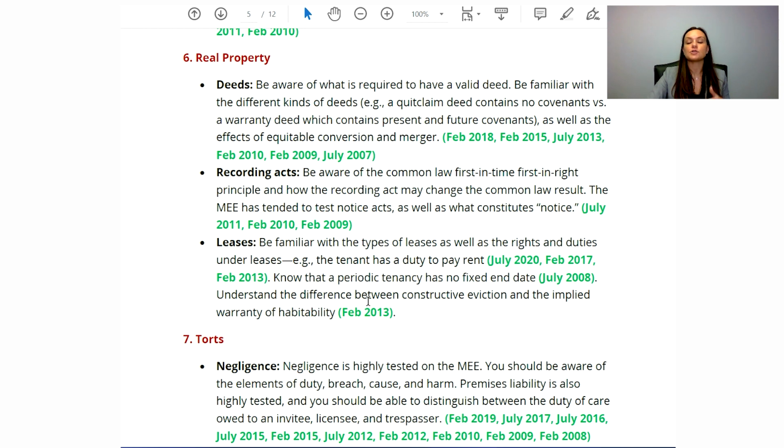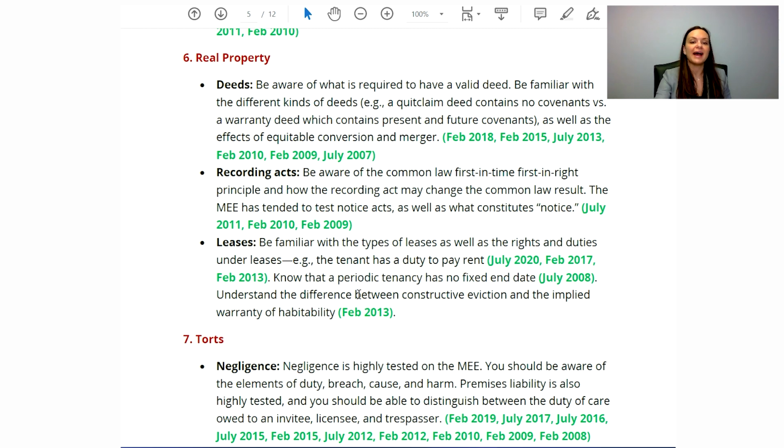This means you have to know who would win under the common law and then who would win under the Recording Act, and then compare the outcomes. And the examiners always start with that common law assessment, and they're always allocating points to that. So you want to make sure you're capturing those points. It's relatively straightforward. The assessment is usually not complicated. It's just whether or not you point it out to the graders. So you want to make sure you're picking up those kind of straightforward points.